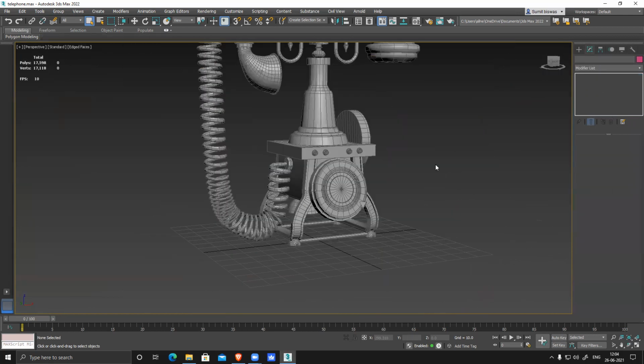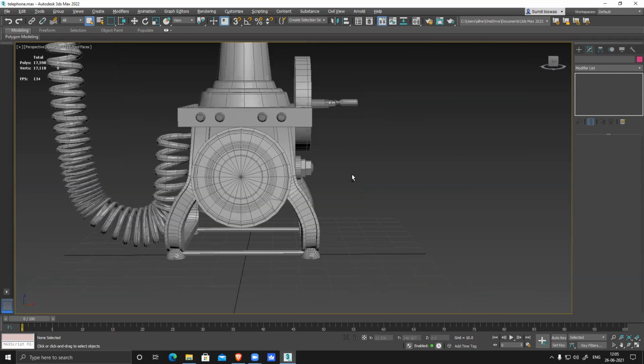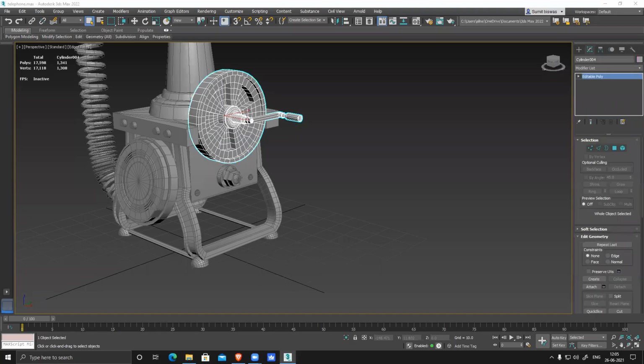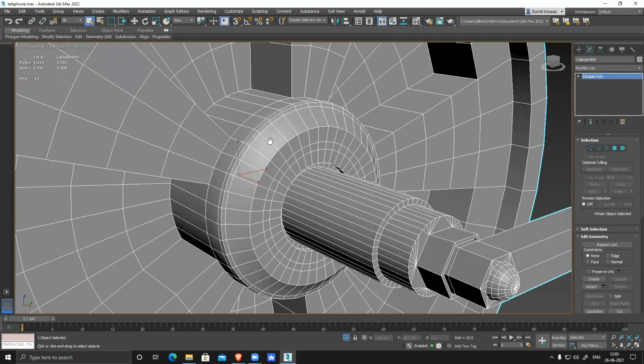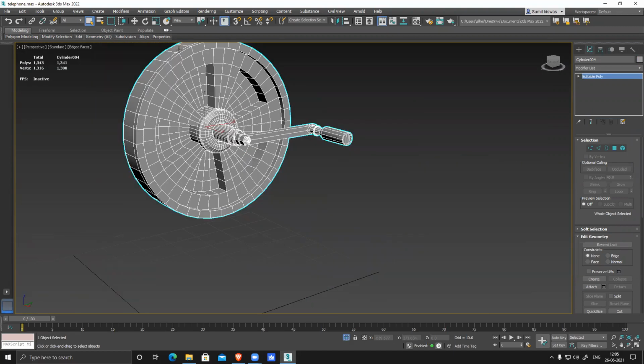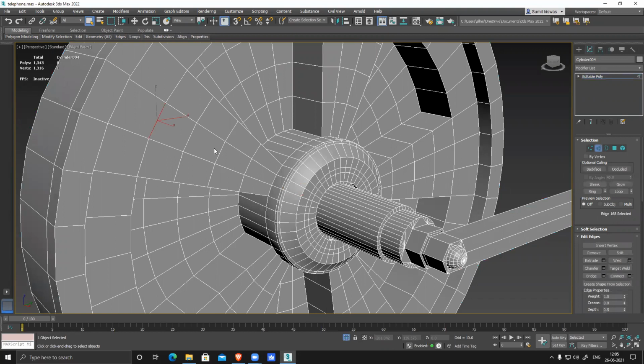Because you can see from a distance, I can see all the angles. That is one key thing. Always keep in mind those angles should not be visible. If the angles are visible, we need to add polygons. So this is for this surface. Now for this section, I can isolate this one. For the bigger, broader surface, it's fine. This many polygons are absolutely fine. No problem at all.